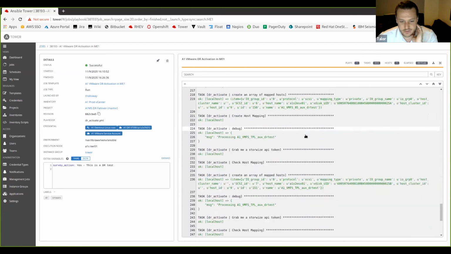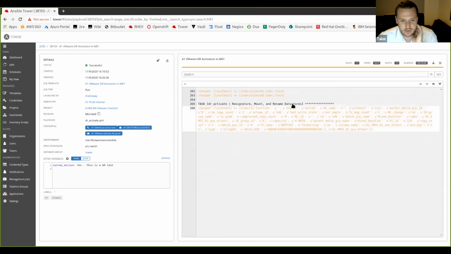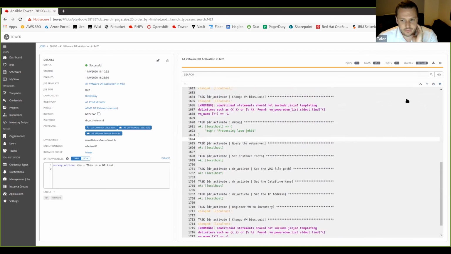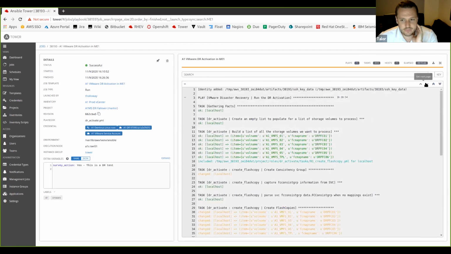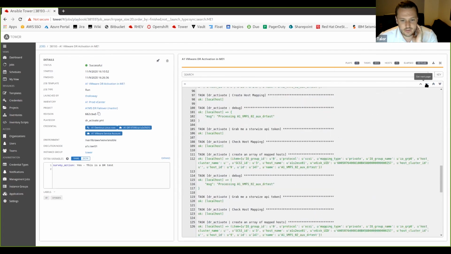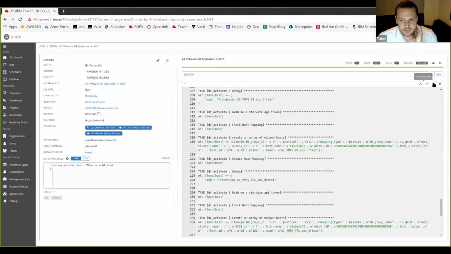Go and map the host, map the storage to all of our hosts. We then go and re-signature and remount all of our data stores. We'll go up through this a little bit. So we can see it's going through that process, but if I scroll right to the end,